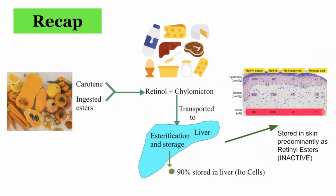Retinol, once ingested, whether it's from the primary sources or from carotene, gets combined with chylomicron and gets transported and stored in the liver, where it undergoes processing, such as esterification, and it gets stored. And 90% of the retinol is stored in the liver. However, a portion of retinol is stored in other areas of the body. And in the skin, it gets converted and stored in a form called retinol esters,